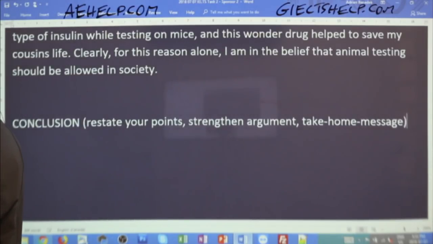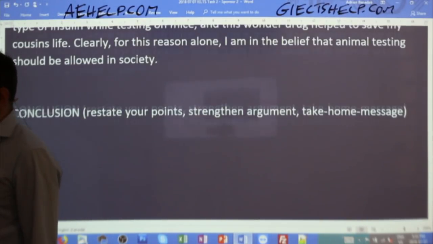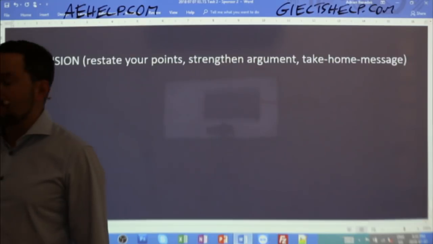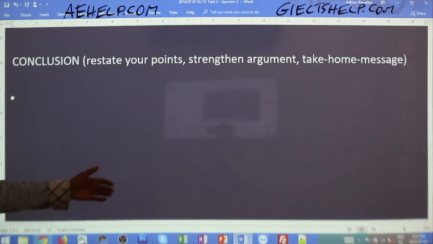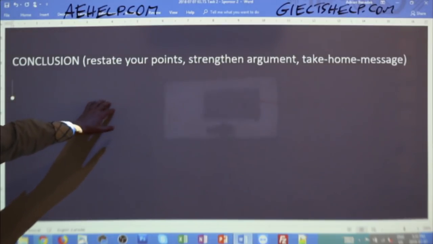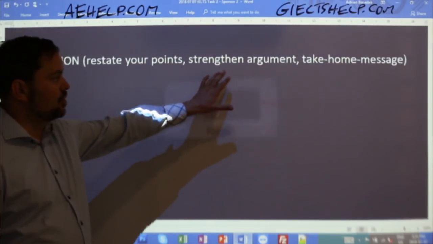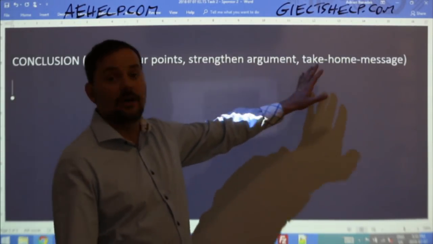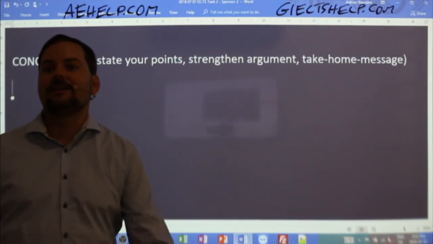All right? That's generally the best way to do it. So here, our points are that animal research should or should not be allowed. The argument is that we believe it should be allowed, and then we need to come up with a take-home